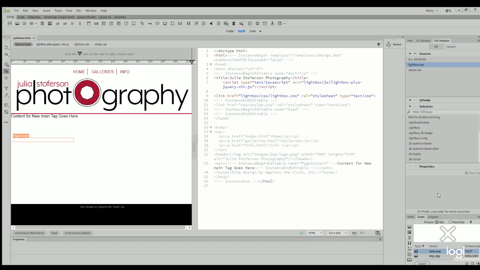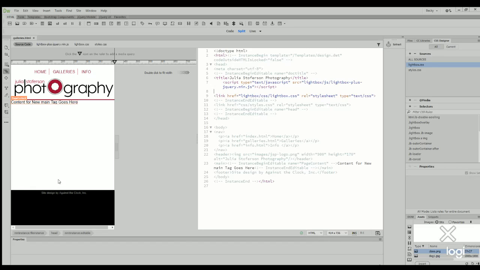So the very first thing that we need to do is use the preview size menu to change the live view to the iPhone 7 Plus size. So we're going to go down to the bottom of our document window and go back to iPhone 7 Plus size, so we have everything in the right setup. In the code pane, we're going to delete the placeholder text for the editable region. So we're going to go down here where it says content for the new image. Main tag goes here, and we are going to hit backspace